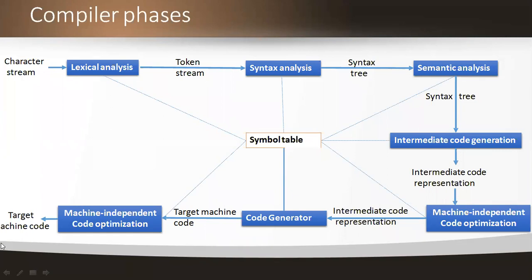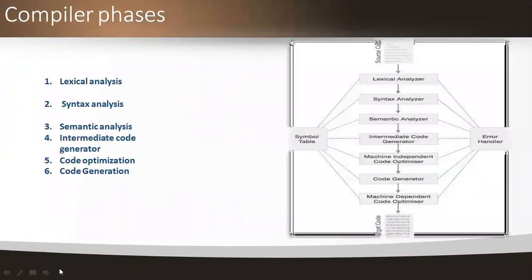See here, we have another structure. Two subphases, one is a symbol table and another is an error handler, and these are the 6 main phases. By giving the source code and then generating an object code, the executable code, this is how the process of compilation is carried out. In this way we show the structure of the compilers. This is the main structure of the compiler: 2 subphases and 6 main phases.